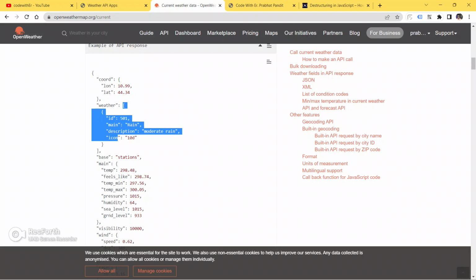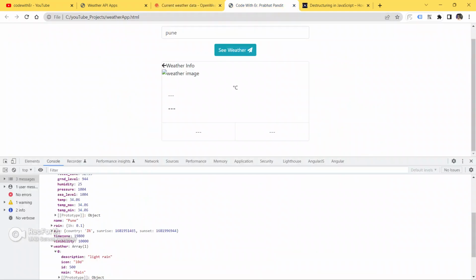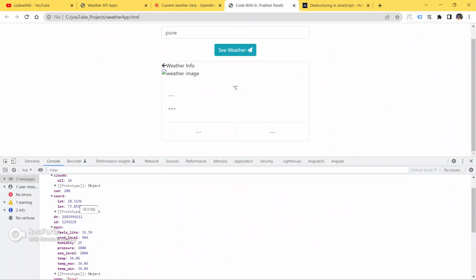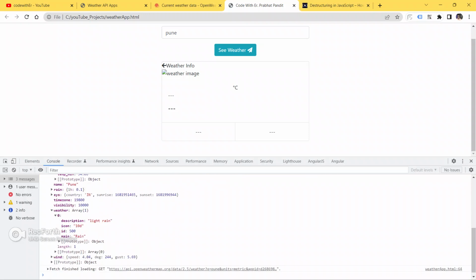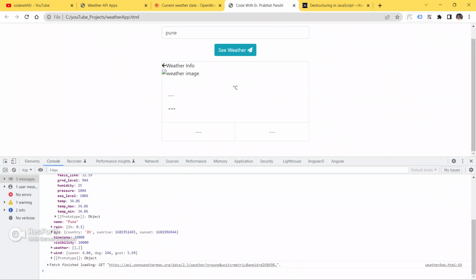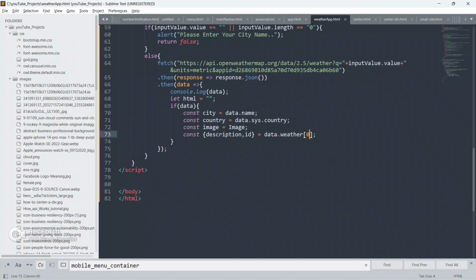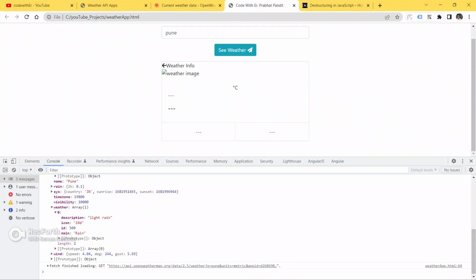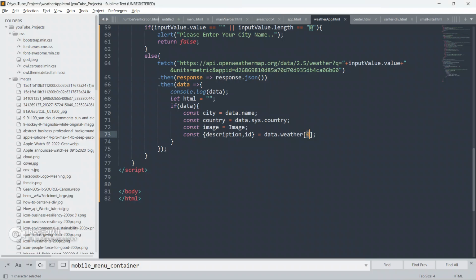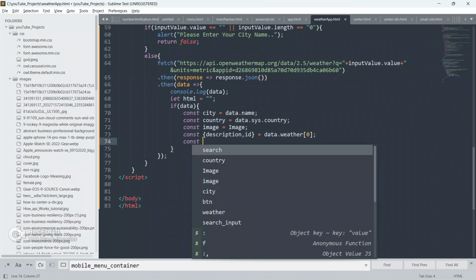Let me show you if weather is an array or not. See, weather is an array. Here it is a single array. Let me go to the console and let me show you weather is an array. Okay, see here it is also saying that weather is an array, a single object in the array. That's why I have given 0 here. Fine, so